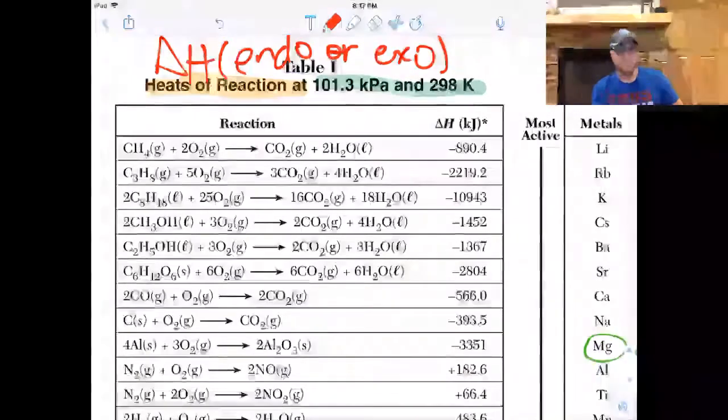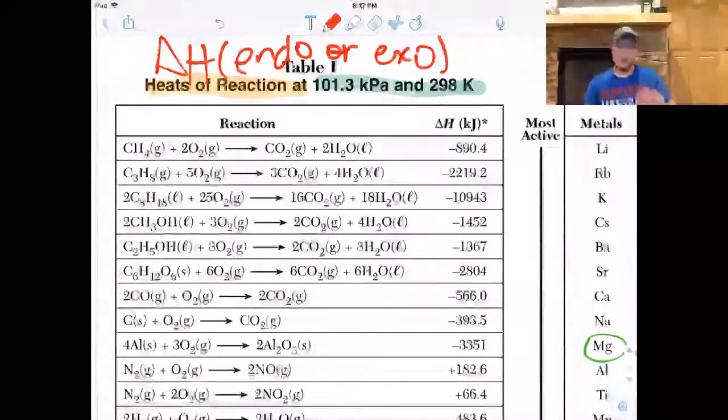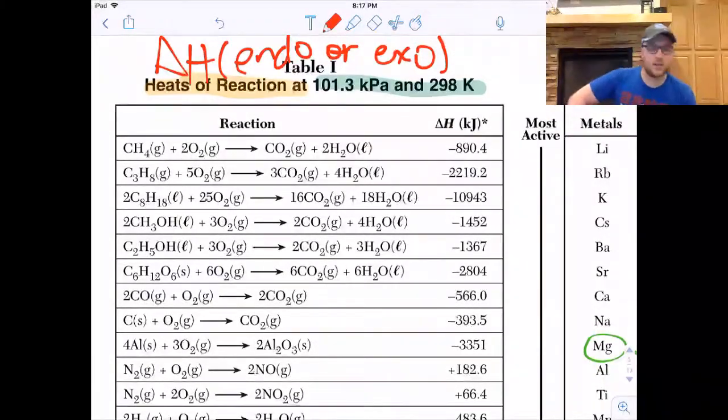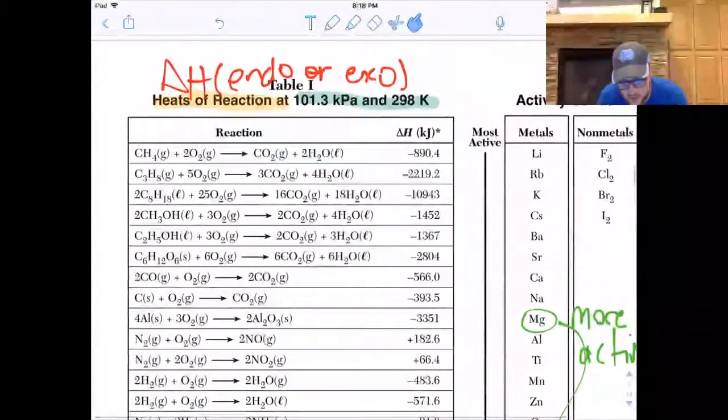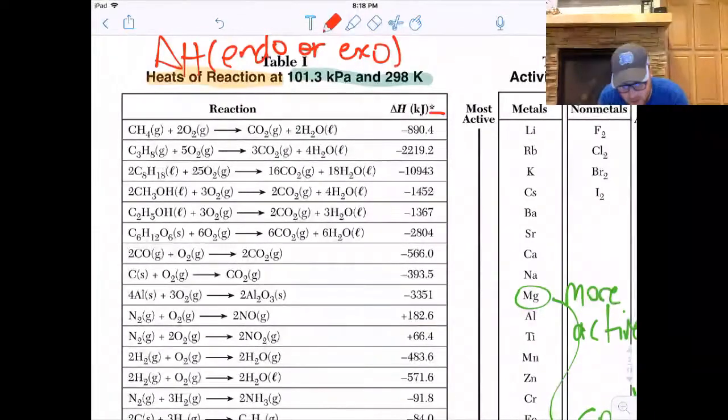And there's no other hints given, like energy is not given anywhere in the problem, delta H is not given anywhere in the problem. That's usually an indicator you got to go to table I. And what table I is showing is 25 random reactions, and if they're exothermic, aka negative delta H, or endothermic,